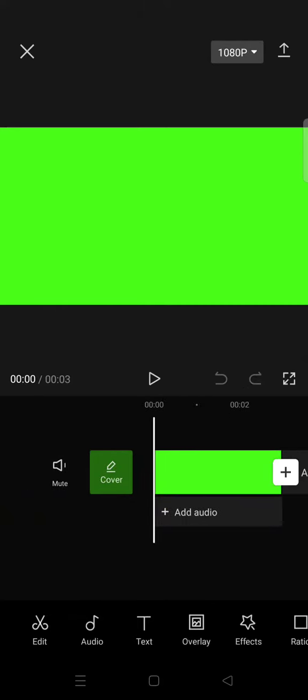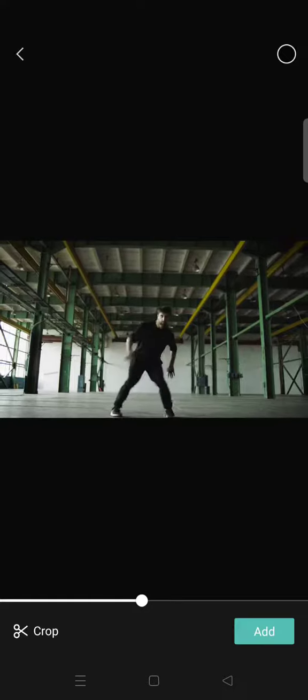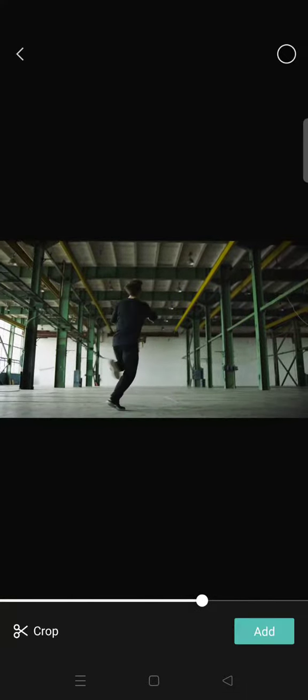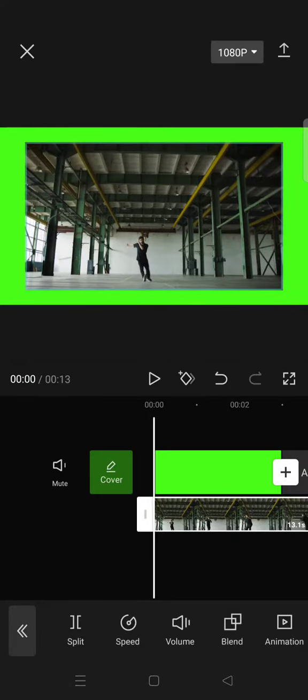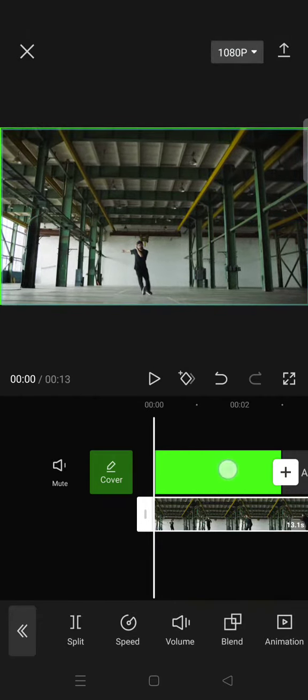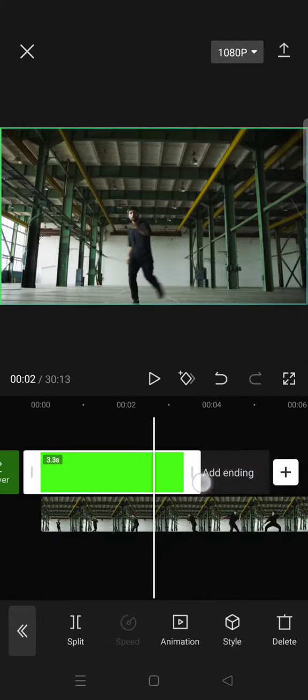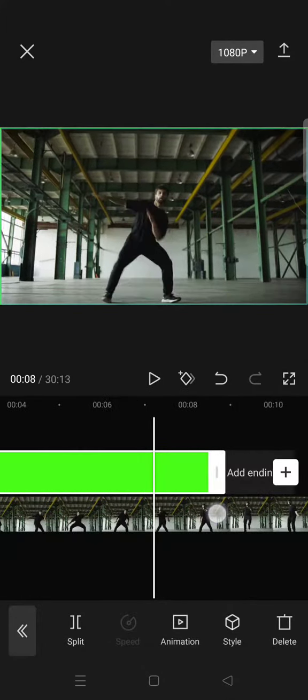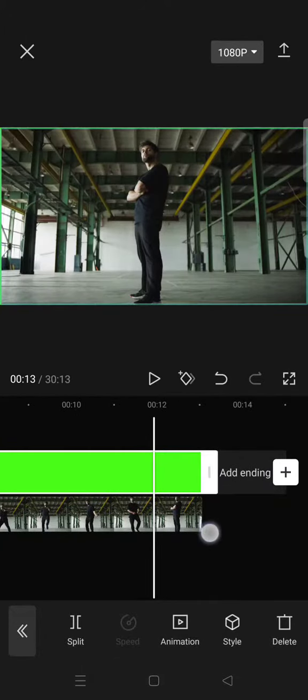Then add your video, or the video that you want to create its green screen. So go to overlay and add the clip. Okay, so for example, I want to make this video into a green screen, so you can just click on add. Okay, so after the video has been added, you can just fit the size or just leave it as it is, and then click on the green screen background and adjust the length or durations to fit into the video